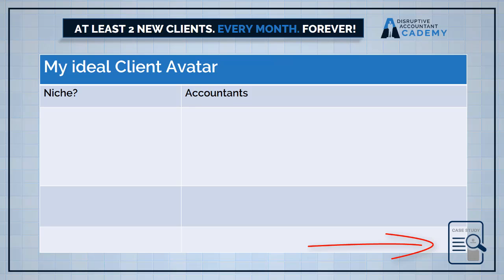Now, to be honest, this system actually works for all service providers, but it's always a good idea to choose a particular niche. And I chose to serve accountants because after 25 years in the industry, I really understand them intimately because, after all, I am an accountant. I would have to work so much harder to serve any of the other professions because I first have to learn all about them. And this, my friends, is the power of specialization.